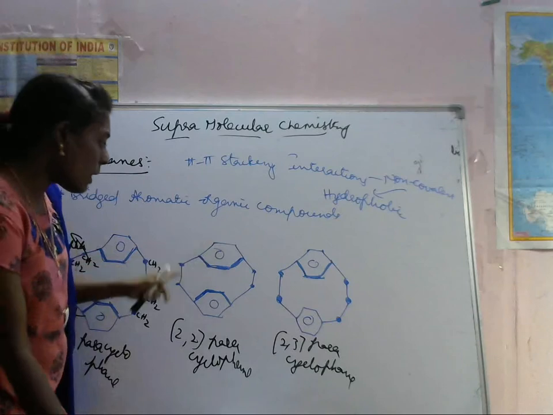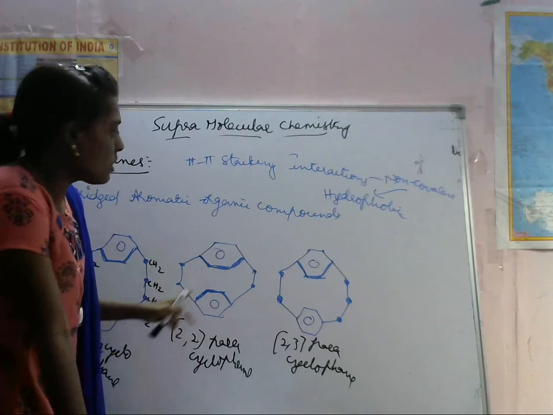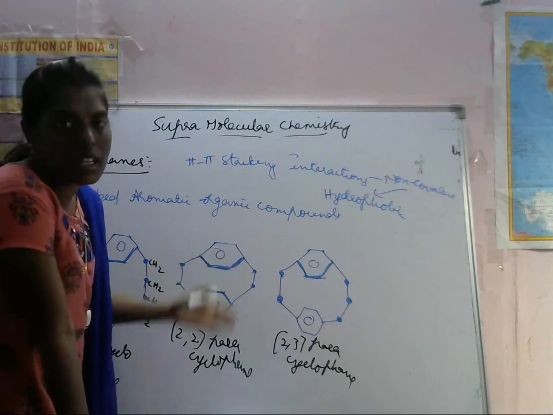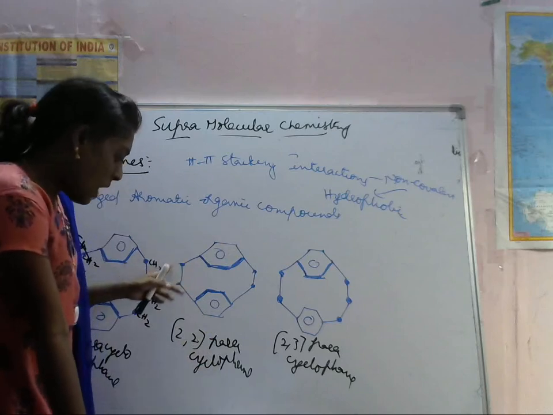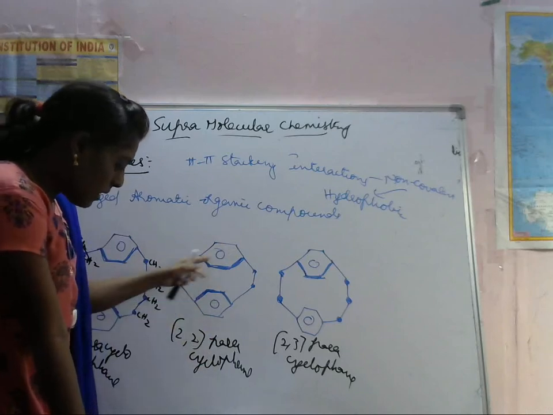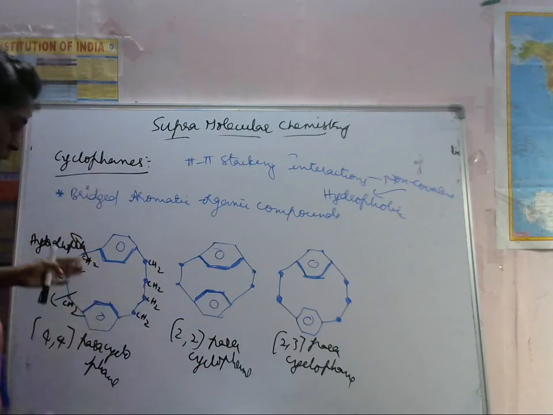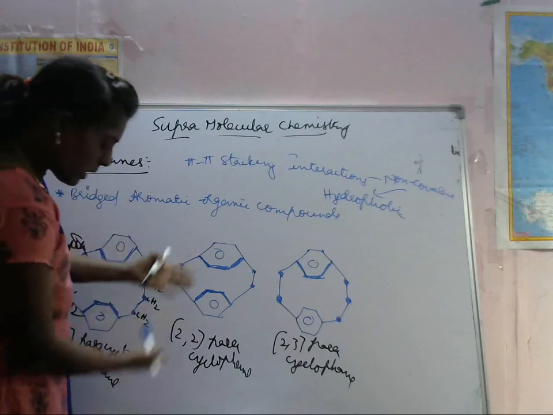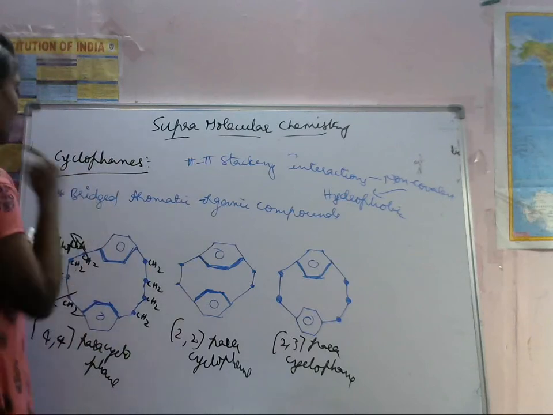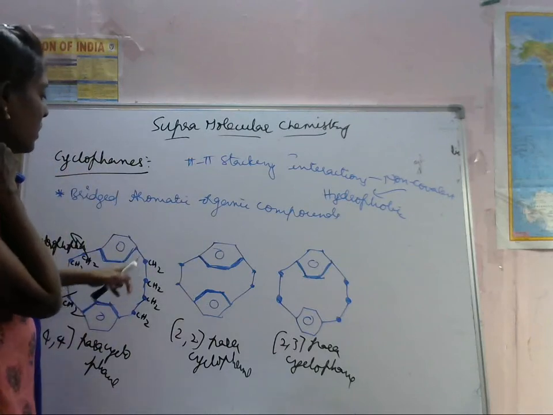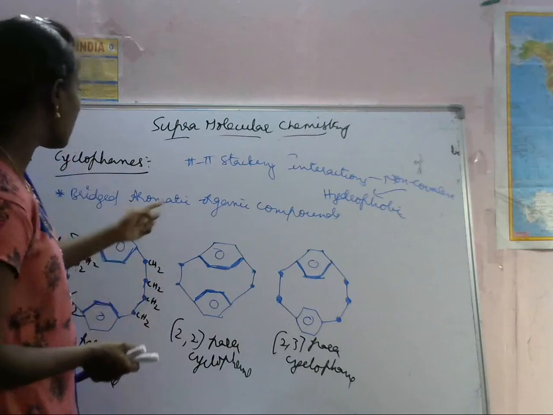So these are aliphatic bridged compounds. Here aromatic groups are connected through aliphatic bridges. CH2 groups are aliphatic groups. These aromatic groups are connected through this aliphatic chain, and a cavity will be there. They are parallel with each other, and in this box a cavity will be there, like diphenyl methane. Aliphatic chains produce this. So when aromatic groups are connected with aliphatic CH2 chains, it is called cyclophane.